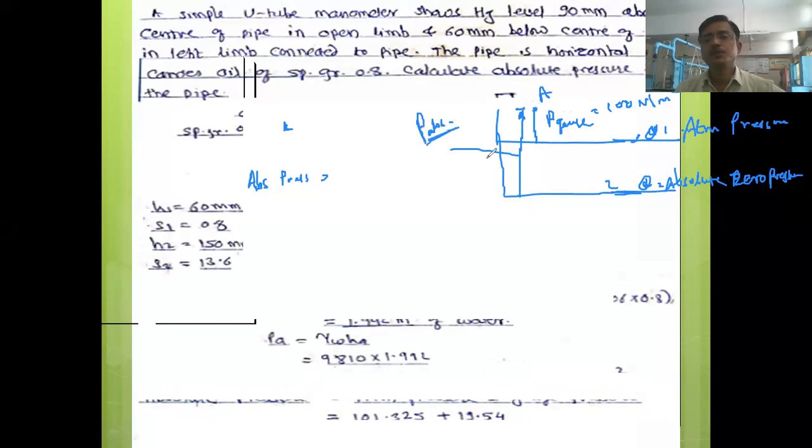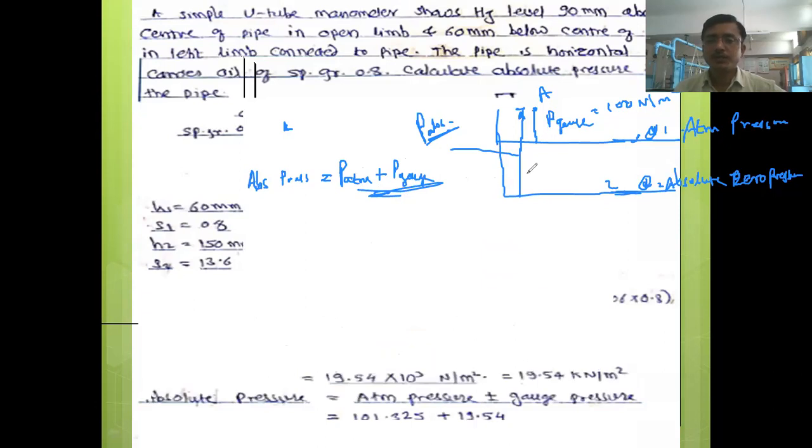Now to get this P absolute, what do I have to do? See their relation, we have written the formula for the P absolute. P absolute is equal to P atmosphere plus P gauge pressure, right? Why have we done the addition here of these two pressures? See, in geometry we have learned that if there are two parallel lines and there is another line, to find the total line we have to add this line plus this line, right? The same thing is here.